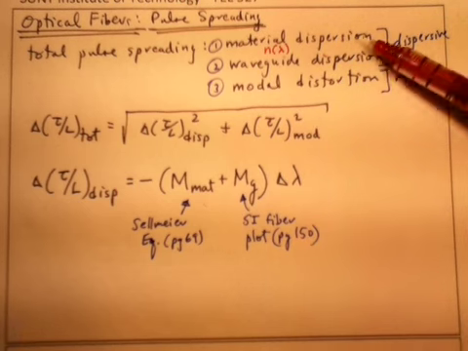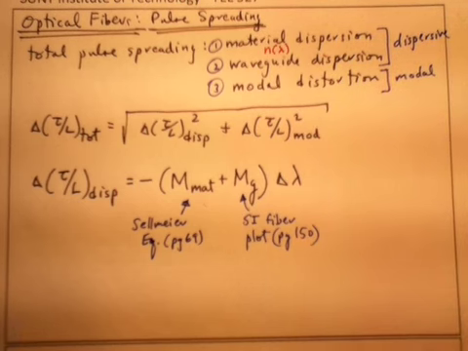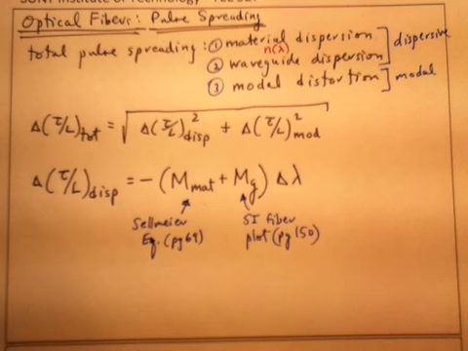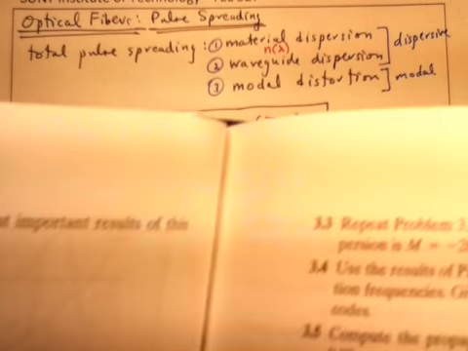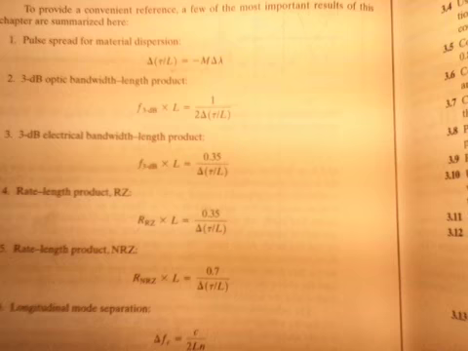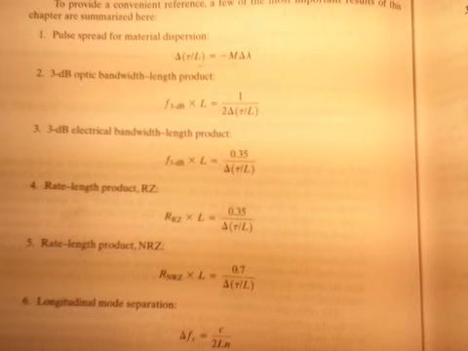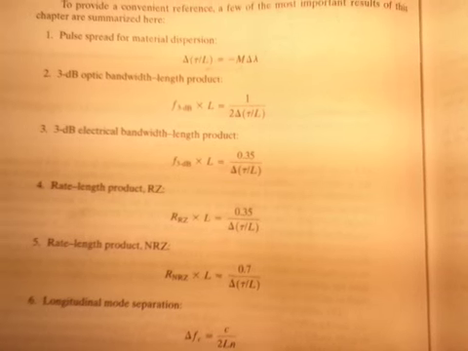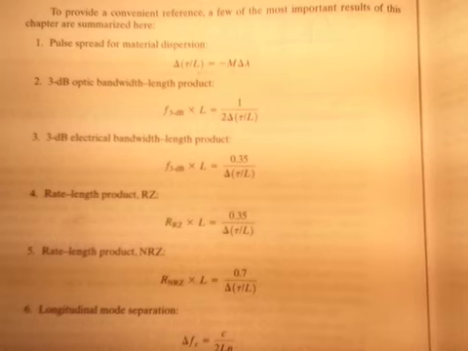And we went ahead in Chapter 3 and went so far as to show how material dispersion gives rise to pulse spreading. And then we talked about pulse spreading per unit length, because the amount of pulse spread is proportional to the length traveled in the fiber, and showed how that gave rise to bandwidth distance products. Okay, so